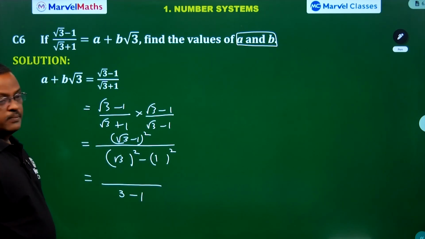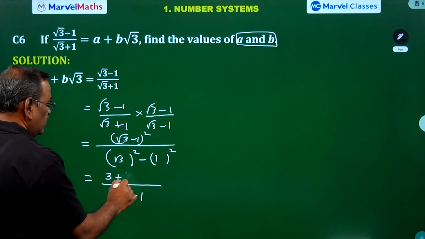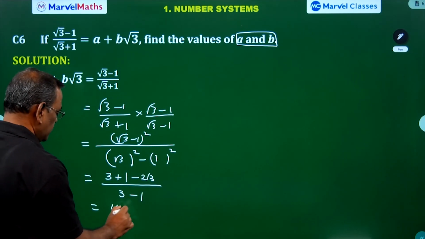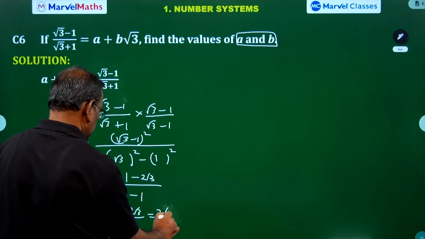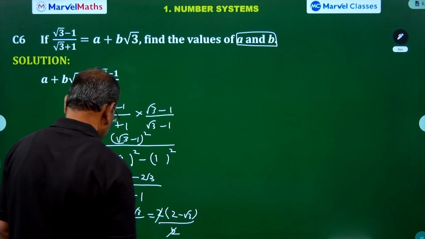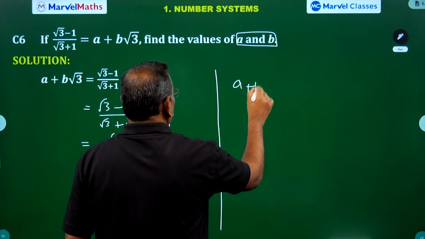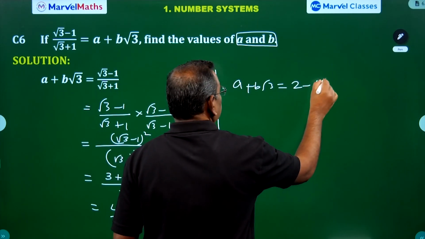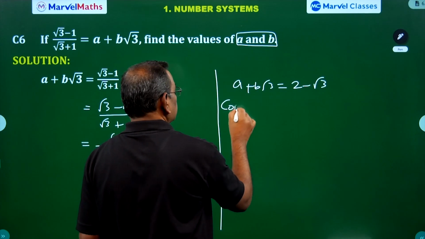Now what is (root 3 minus 1) whole square? So root 3 square is 3, 1 square is 1, minus 2 root 3, which is equal to (4 minus 2 root 3) by 2. You can take 2 outside: 2 times (2 minus root 3) by 2, the 2s cancel. So the left side, a plus b root 3, equal to 2 minus root 3. Comparing,